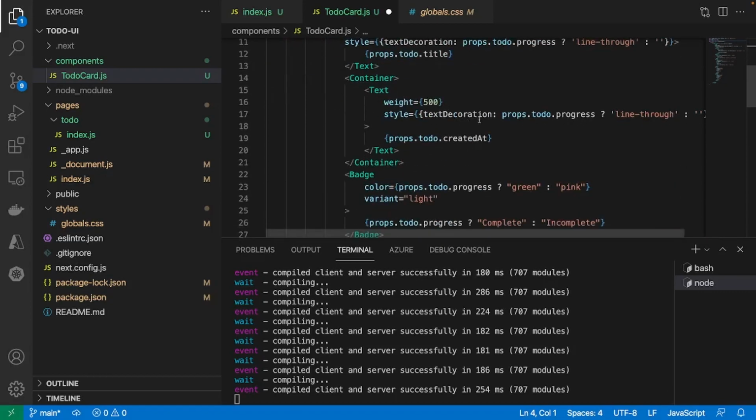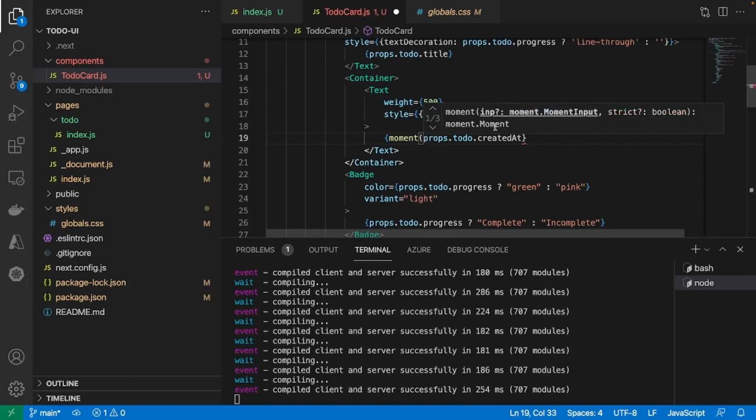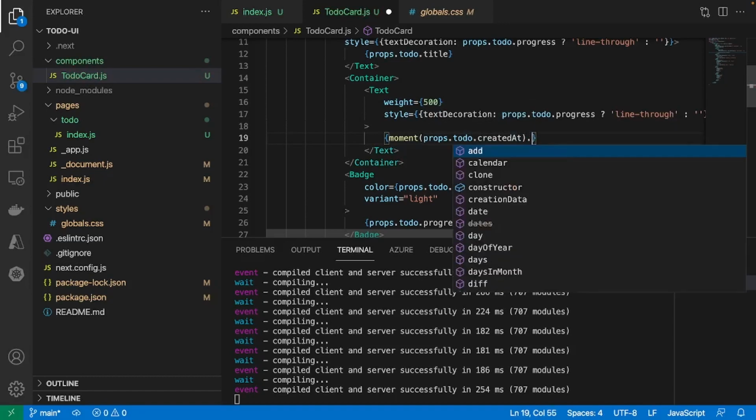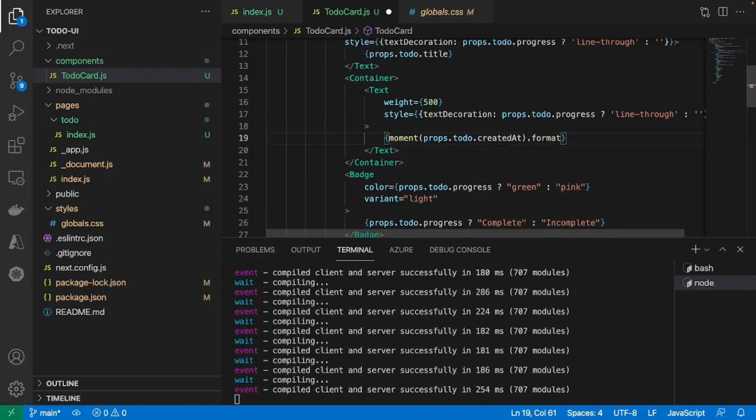And now we have to go where this time prop is, and we're going to have to parse it. So to do that, we'll just use that same word moment, put this prop attribute inside of it, and then we're going to use the dot format after, and then we're going to specify the format that we